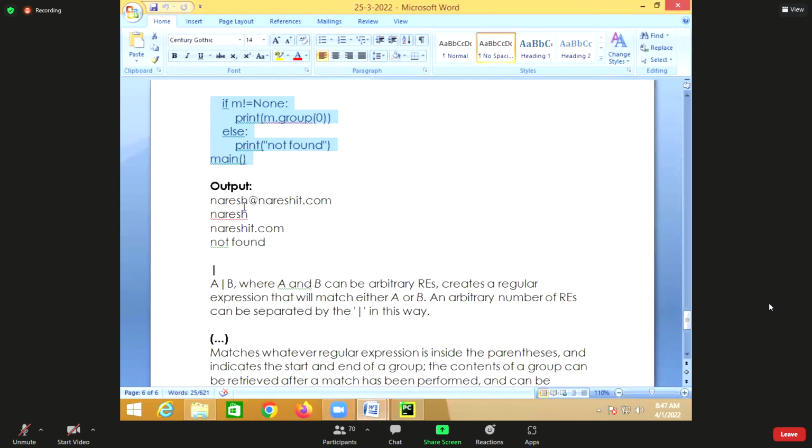Okay. Now there is OR. You can also define multiple patterns.